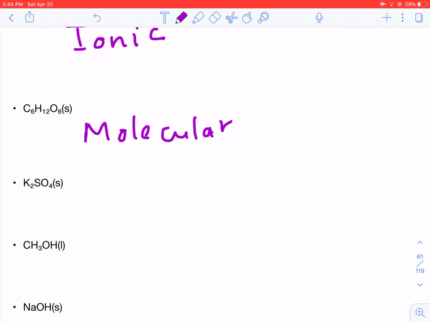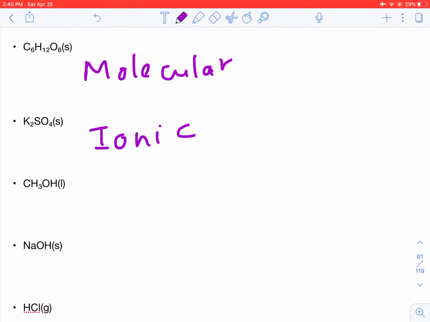K2SO4, again you've got a metal with the sulfate anion, so this is ionic. CH3OH, we know it's all non-metals there, this is molecular, and we saw that it does not conduct any